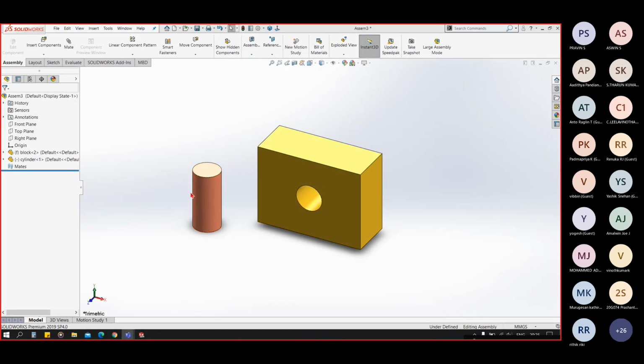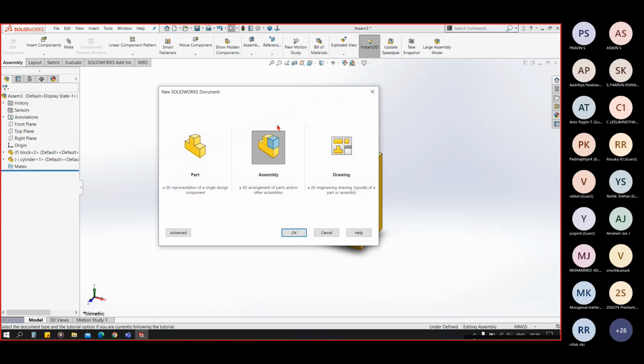Here we have followed the second approach, that is the bottom up approach. We have created two parts separately and inserted them in the assembly. Now let's pause this for a minute and have a look at the first approach.